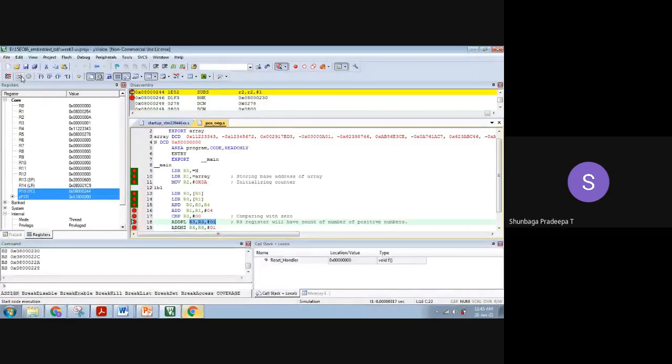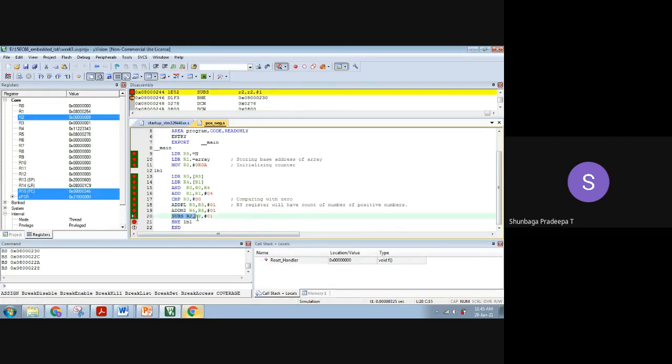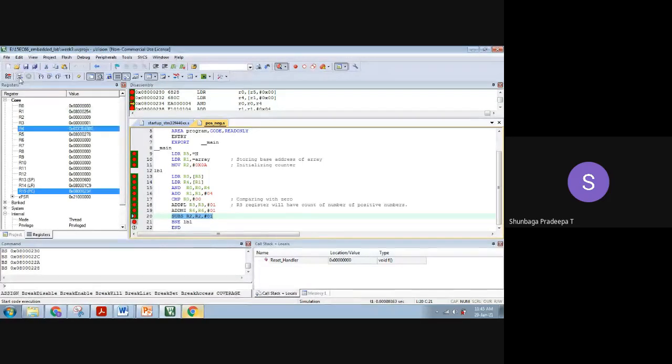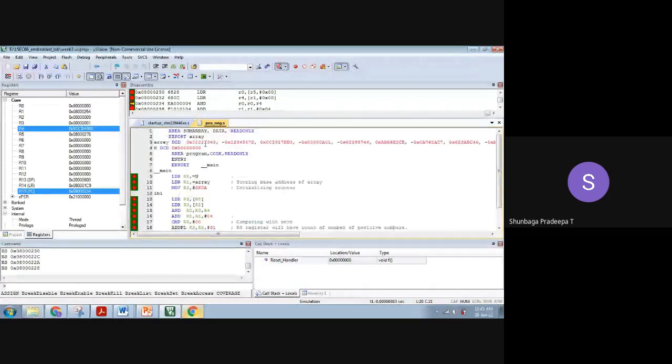Next, we have taken the second data from memory address 254. The second data is taken, and the equivalent negative number. Here you have also decremented the count, which you have to do before that. Next, the data is taken. What is the data here? It is minus hex 12345672. So now this is my second data.